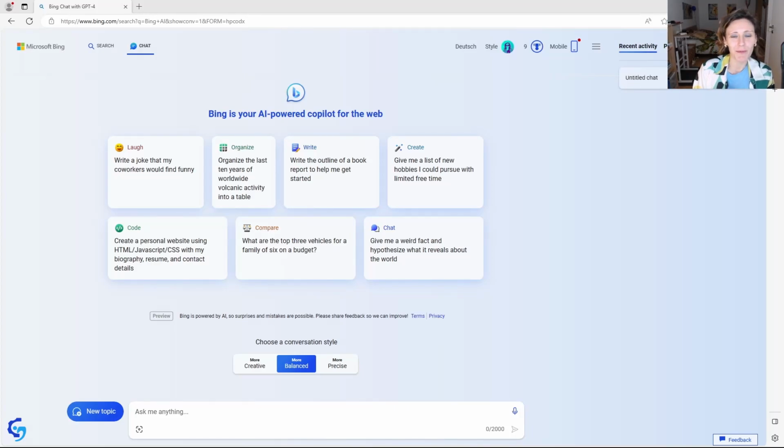Today we are going to explore Bing AI. Bing AI is an artificial intelligence tool by Microsoft, and basically it uses ChatGPT. There was a partnership between Microsoft and OpenAI. OpenAI is the company that created ChatGPT, and right now, basically, all the ChatGPT features are also available in the